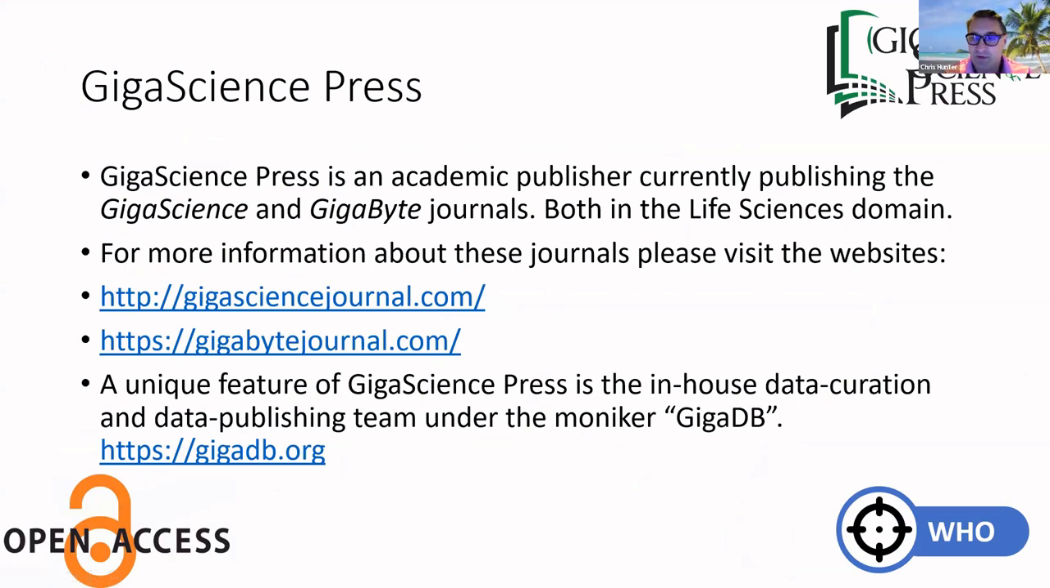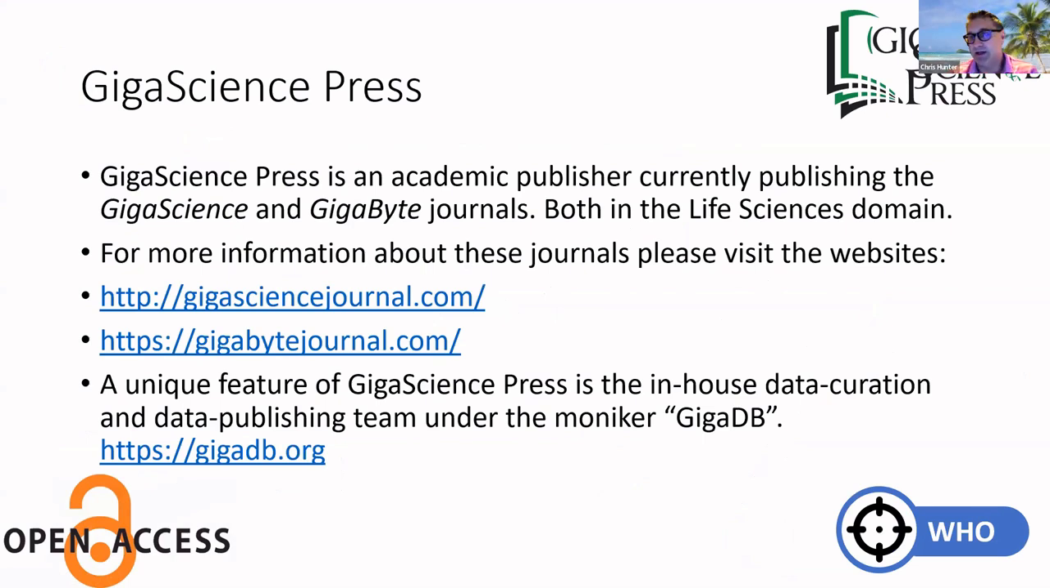So the who. The GigaScience Press is an academic publisher where we currently publish both GigaScience and Gigabytes. There's 2 journals in the life science domain. If you want more information about those, it's gigasciencejournal.com or gigabytejournal.com. But in addition to that, within the GigaScience Press family, as it were, we have GigaDB, which stands